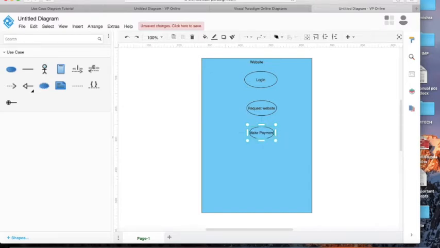These are all assumptions of the use cases which I am assuming our website contains. You can create your own use cases. I'm just taking this as an example to show how use cases are drawn.